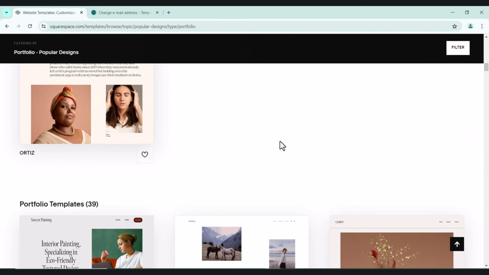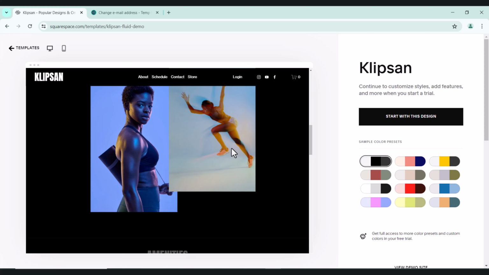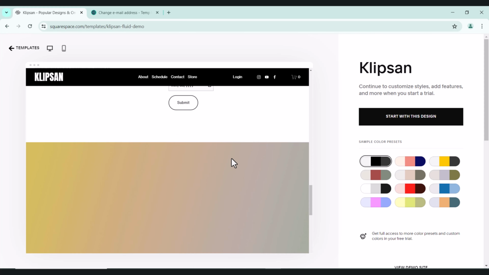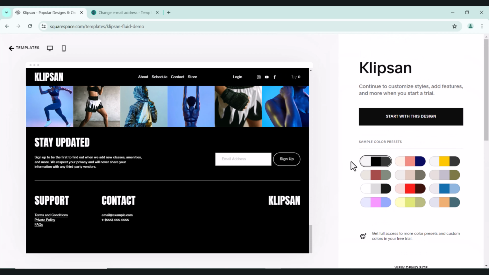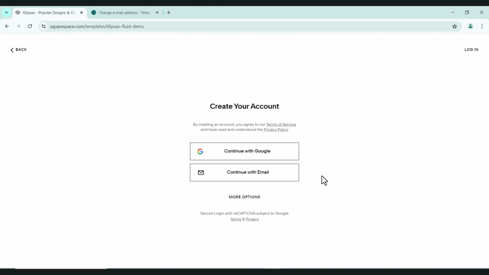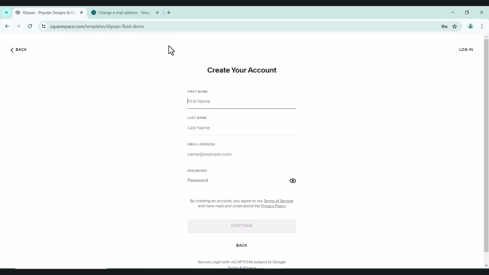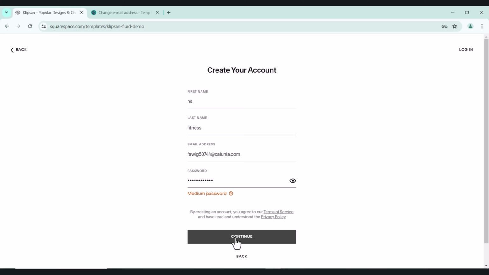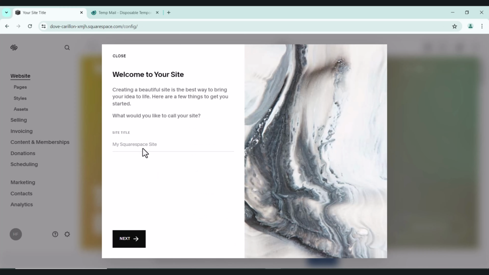So I will choose it. I will click on it, and after that, from here preview the template and see if it suits you. And after that, what you need to do is click on start with this design, and from here you need to create an account for Squarespace. So I will continue with email, and from here I will provide all my information, and after that tap on continue. And from here you need to provide the site title, and after that tap on next,